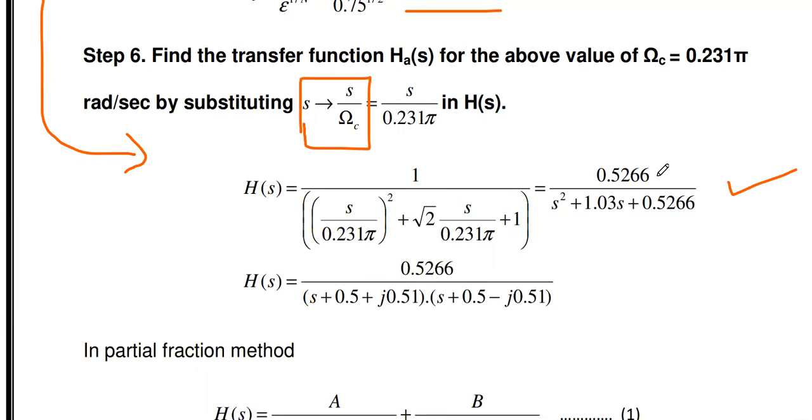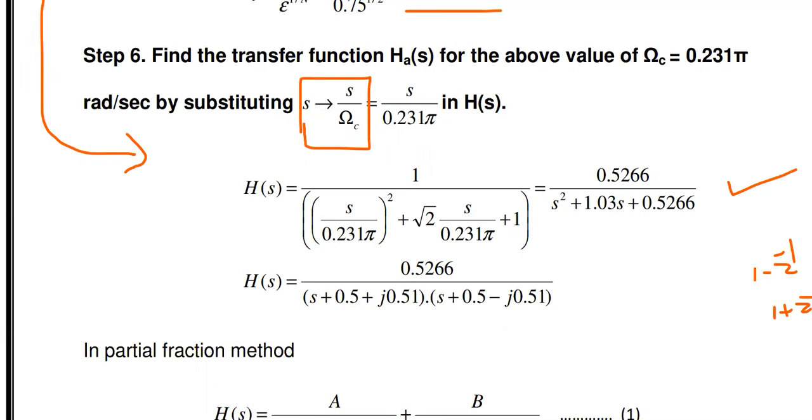So we designed the analog Butterworth filter. What is the next step? Next, we have to convert this analog transfer function into digital using which method? Impulse invariant method. If it is the bilinear method, simply you substitute in the place of s, 2 divided by T, (1 minus z inverse) by (1 plus z inverse). If you substitute s equal to this value in the H of s equation, we can get H of z. That is the bilinear transformation. But this is the impulse invariant method, so we have to follow the impulse invariant method procedure.